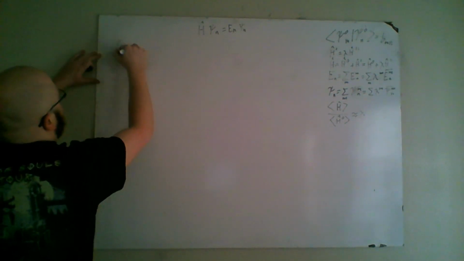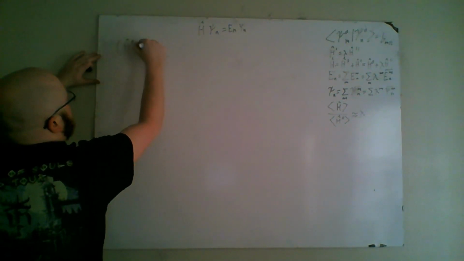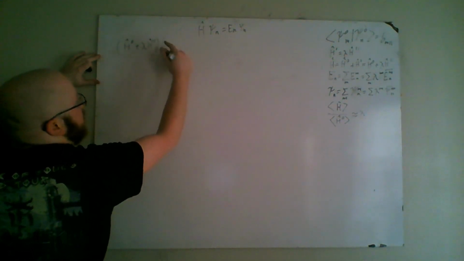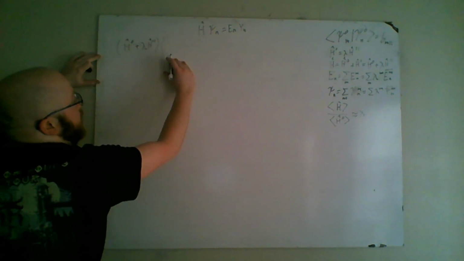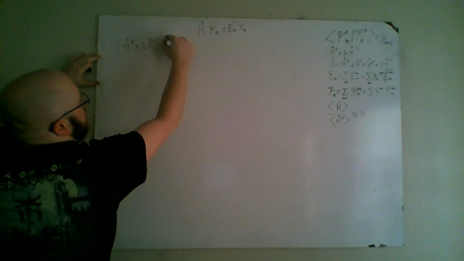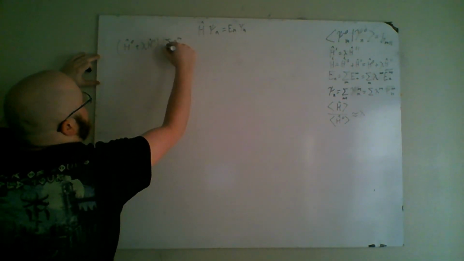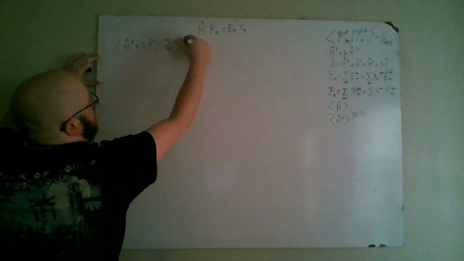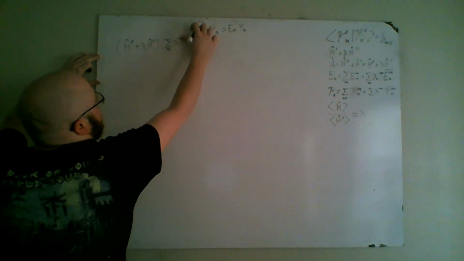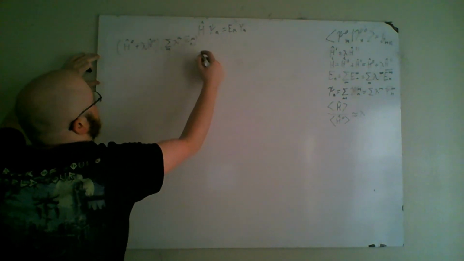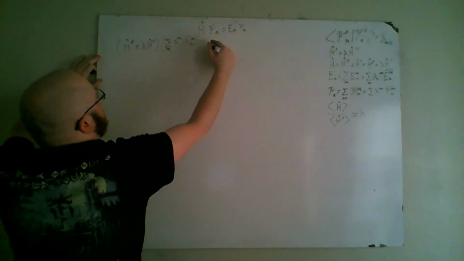This is going to become H0 plus lambda H double prime applied to the sum of lambda to the m psi bar mn is equal to